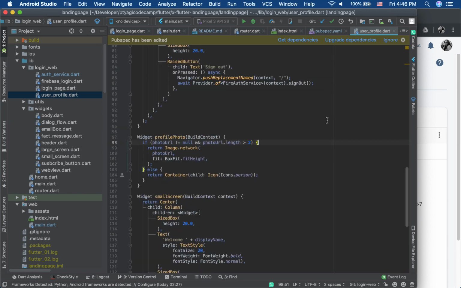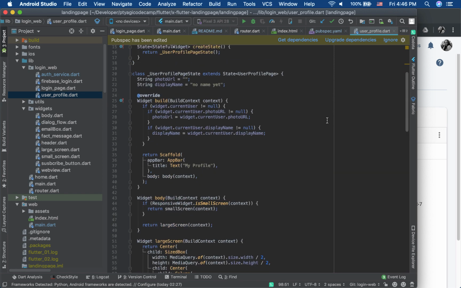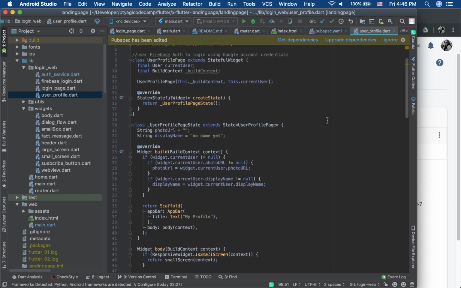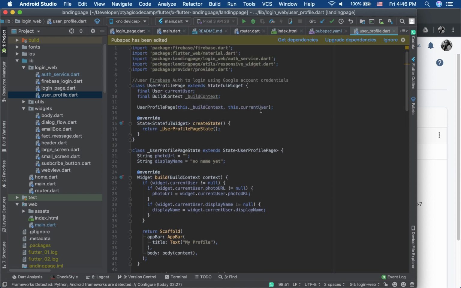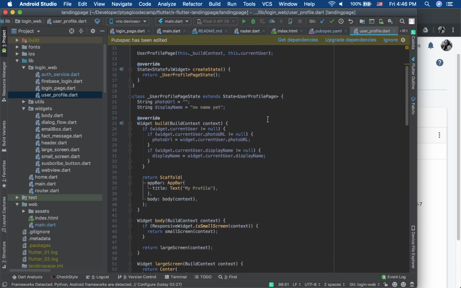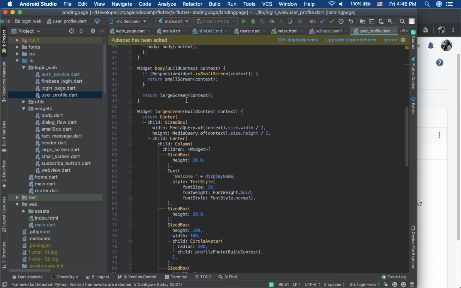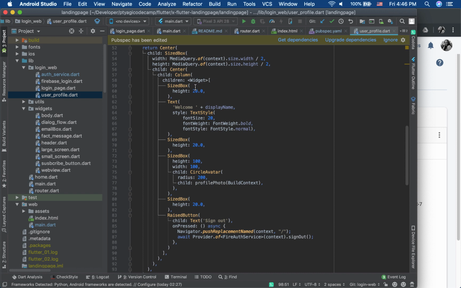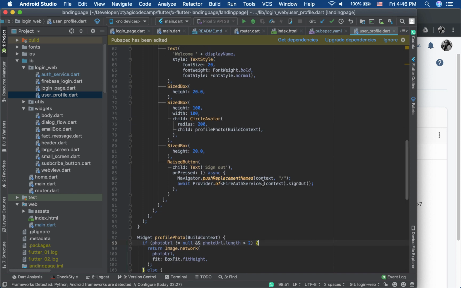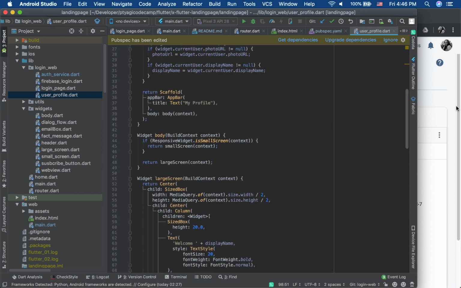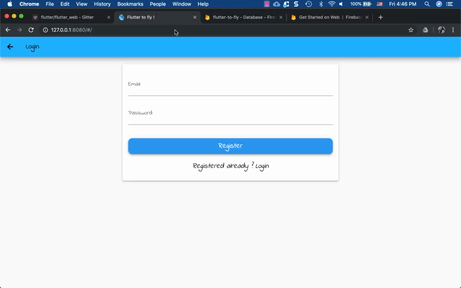Okay, and this user profile page is a very simple page. So it's just the passed user, so whatever user is passed, it takes the information, and it passes again the same large screen or small screen to fit into. So I want it to fit in the middle and I want to add a welcome text, a little separation and a circle avatar and sign out. That's all I want. It's a pretty simple page. Yeah, so that's all to do this to achieve the login